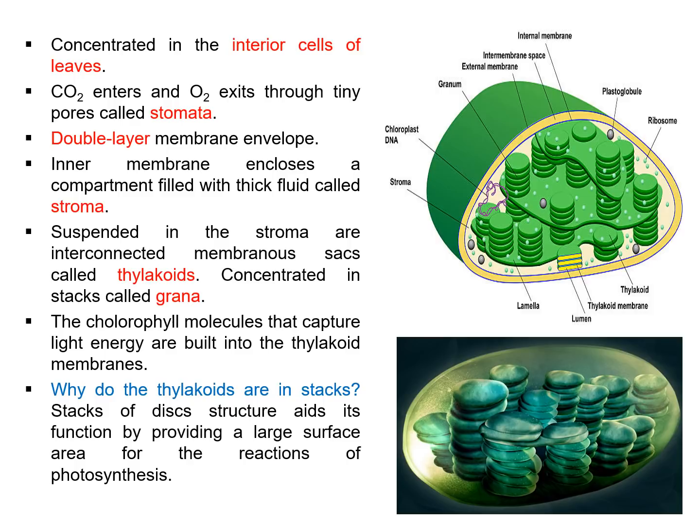The thylakoids stack together becoming a grana. The plural of grana is granum. And all of these grana are embedded or suspended in the thick fluid compartment which is enclosed by the inner membrane as